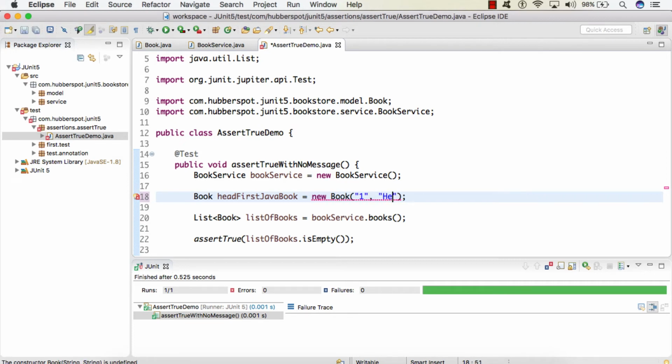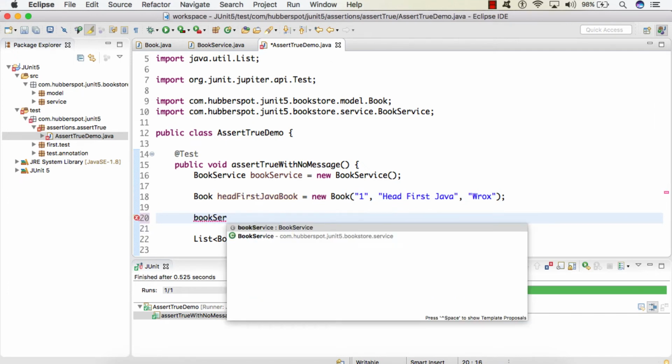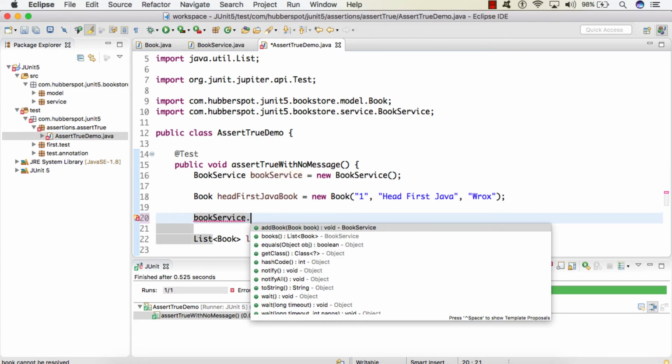The name of the book as Head First Java. And let's say I give the publisher as Rocks. So this is the book which we have created here. And let's say I use the book service and I add this book.